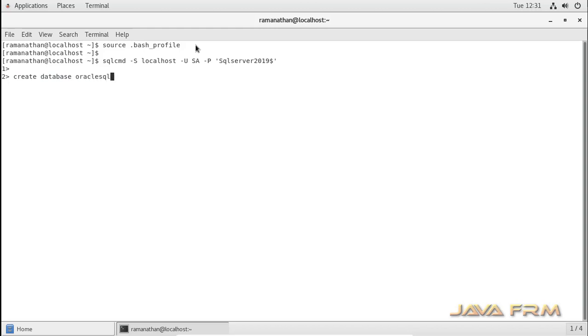Now I am creating one database. I am giving it the name Oracle SQL Server DB. I am going to create one database, and under the database I am going to create one table, insert one or two records, and then select those records.